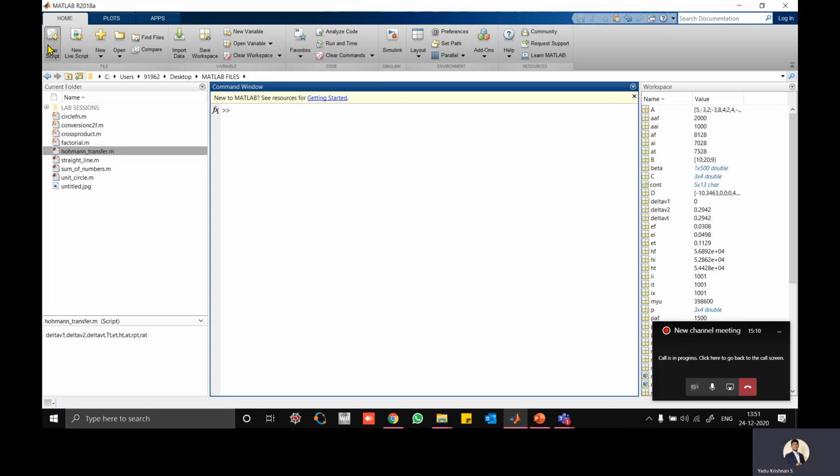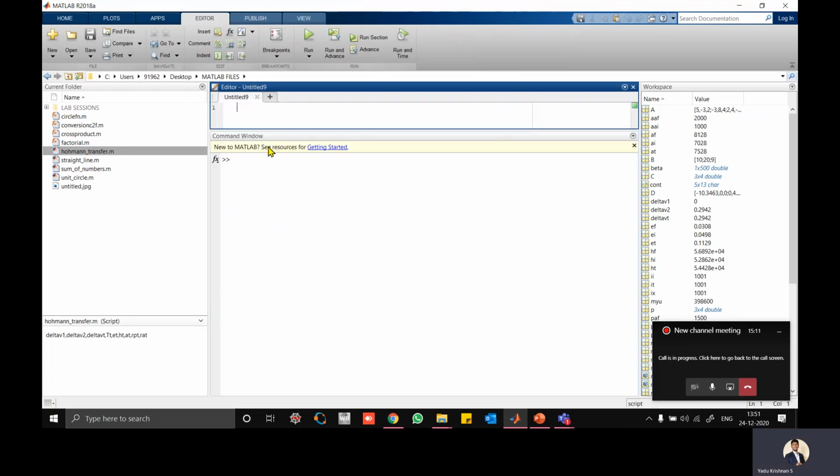Okay, I'll just create a function here. Function y equal to intg function of x.